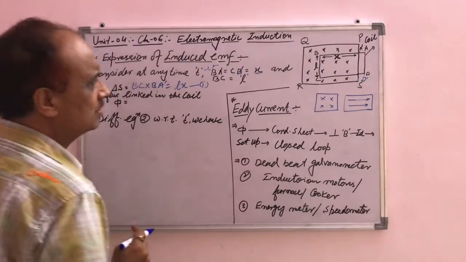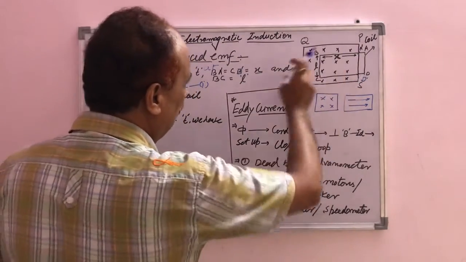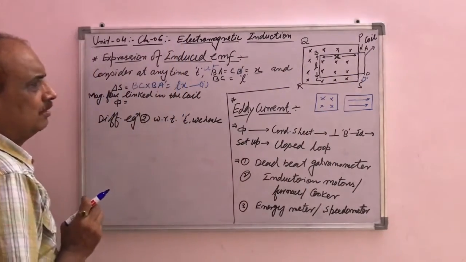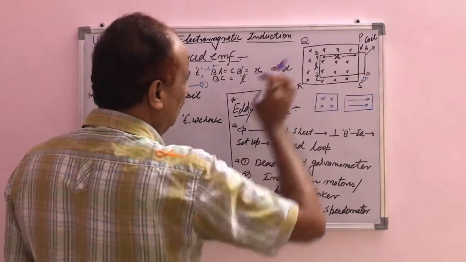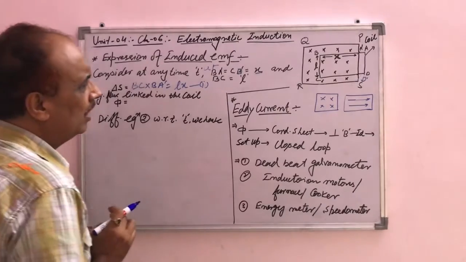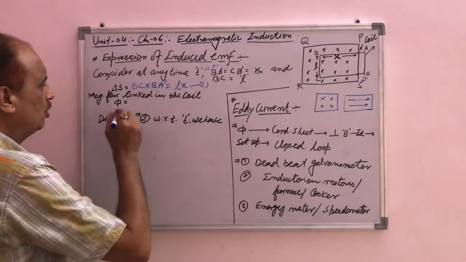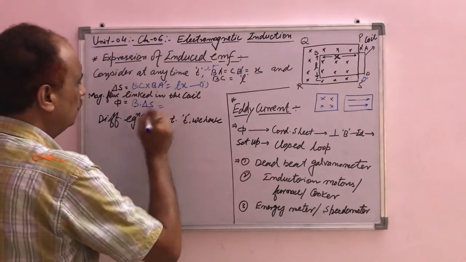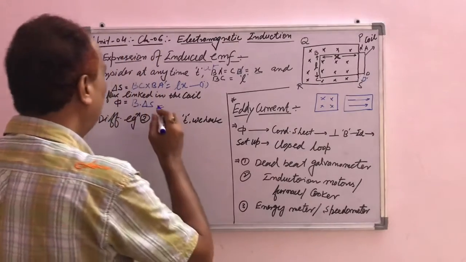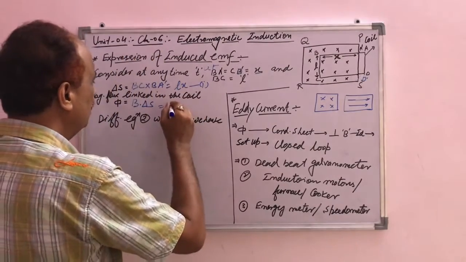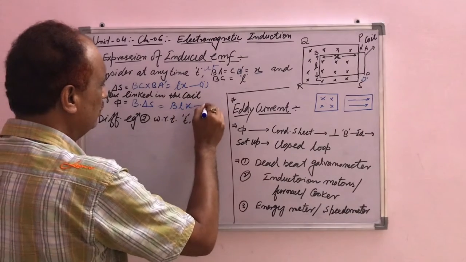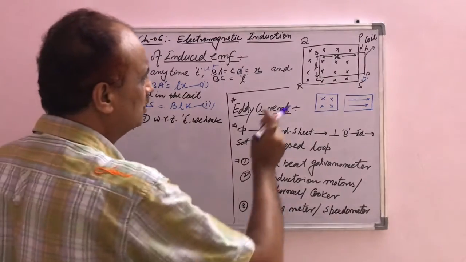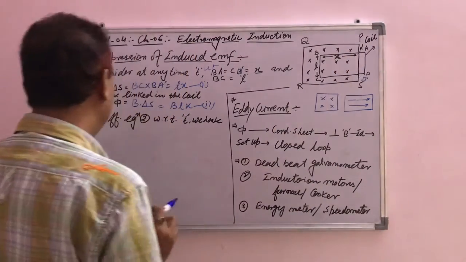Now such an amount of area is inserted in the magnetic field, which is perpendicular to the plane of the paper. So due to this area, magnetic flux is linked with the coil, and the magnetic flux phi can be found by the formula phi equals B into delta S. B is the magnetic field and delta S equals Lx from equation number 1. So phi equals B into L into X, equation number 2. This is the magnetic flux linked in the coil when, at an instant of time, the area A'BCD' is inserted in the magnetic field.